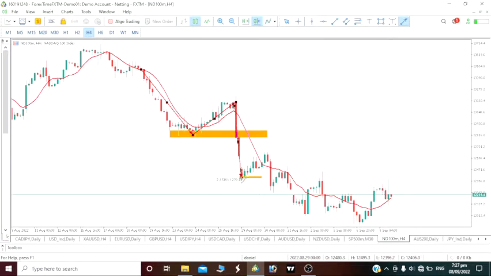Notice this level here. At this level, we had a correction, and now price broke above this level. We saw a correction at this level, which is our key level. You see, we had a pullback at this level. Once our price broke above, we had a correction which hit that key level again. So this basically is a legitimate level. We had a drop again, and now price has come again to tap this, our key level again.